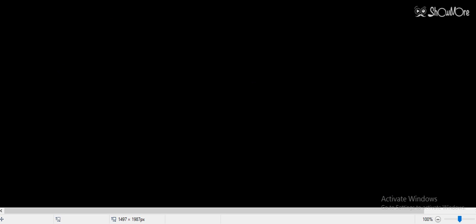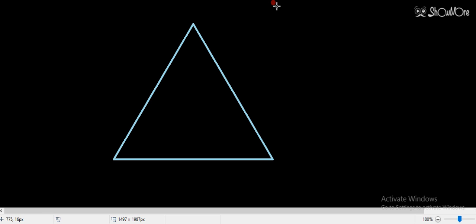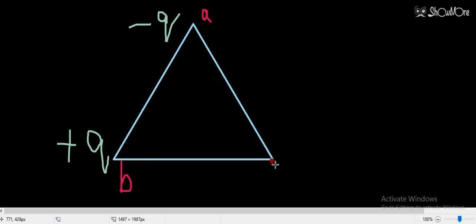And for the last question, I am giving a hint, but I will not give the complete solution. So this charge is replaced by minus q. Yes, this is replaced by minus q. This is again plus q as in the first part. Then we have 3 points. This is A, this is B, and this is C.